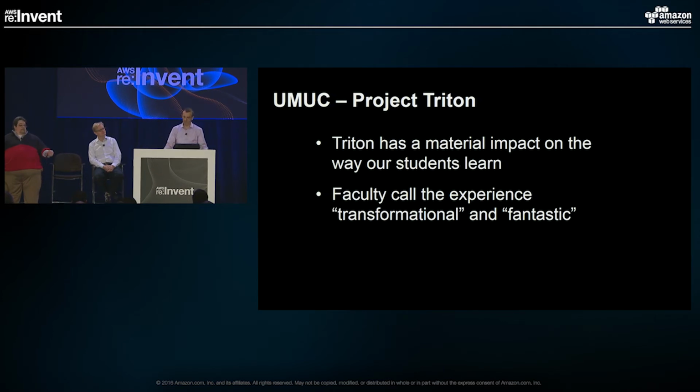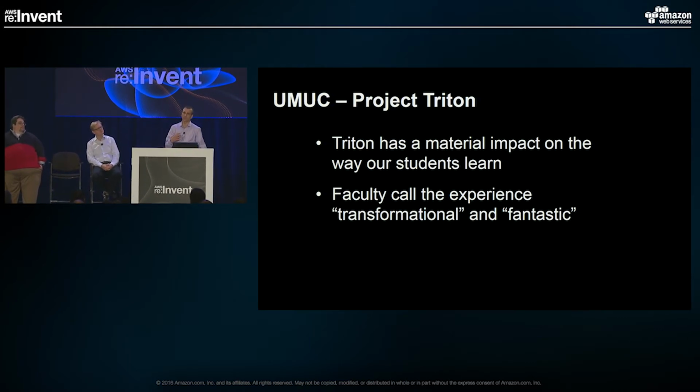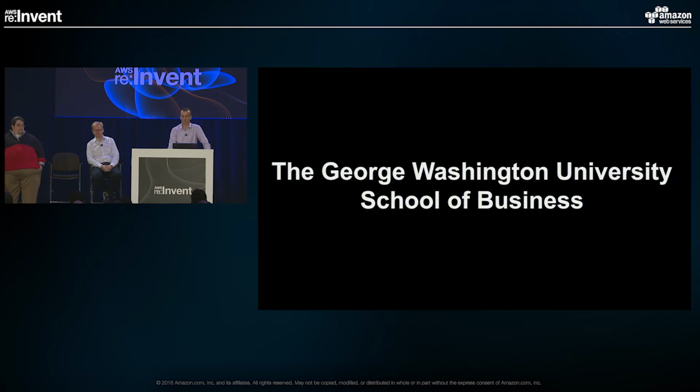So just a quick background. There are 2 different types of IT support teams at universities. There is central IT, and in the schools there are usually smaller teams. So we are the small team in the School of Business. We have a huge central IT team that provides central services. So we are kind of on the other spectrum, and this is one of the reasons we like to engage with AWS, because we are small, but we feel that we are important.